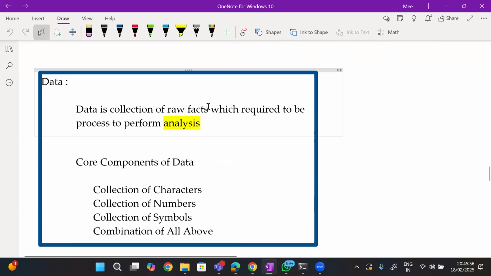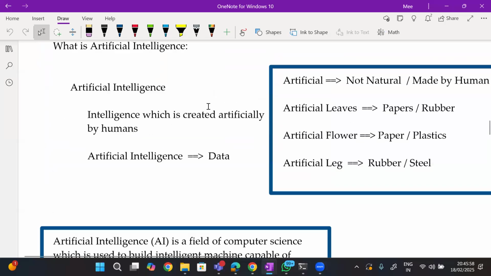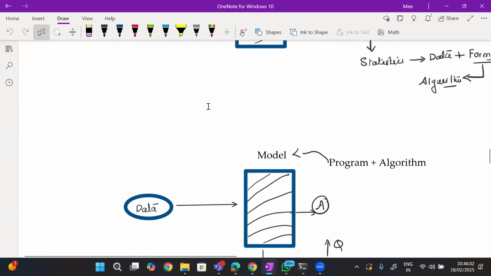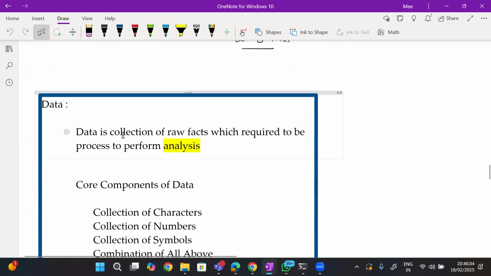So we have seen what artificial intelligence is, what data science is, and what data is. Data is a collection of raw facts which requires to be processed to perform analysis. Analysis is nothing but doing a study on the data to extract the knowledge.